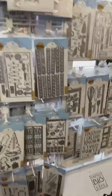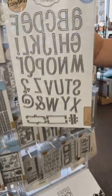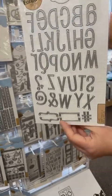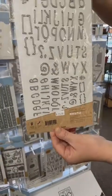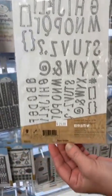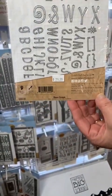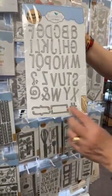I use this alphabet all the time. The Retro. This is probably one of our best sellers. Love this alphabet. It's called Retro. This is one size, and if you need smaller, this is another size, or if you need tiny, little. So it's $29.99, and you're getting 3 sizes of fonts, and you're also getting some other little icons that